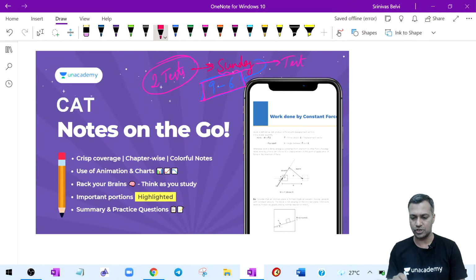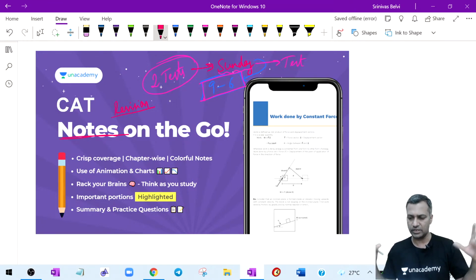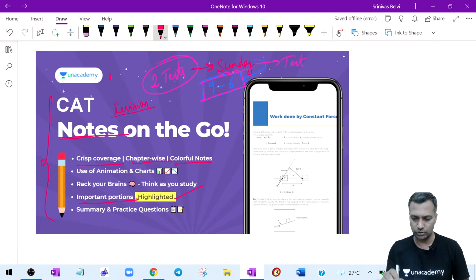So along with that comes the notes, because revisions are very, very important as we get closer to the exam. Otherwise, you would have developed the skills and you will forget the skills. You will not be able to apply as well, because there are so many tiny concepts in all areas: VR, CLR, DI, QA, right? There are so many things that you may have to remember. So Unacademy also gives you a kind of crisp coverage of chapter-wise and colorful notes. Some of the important portions are highlighted so that you can quickly refer to them, and there are some formulas, some hints, etc. given, so that's another feature that you get with both Plus as well as